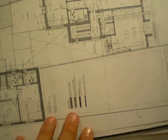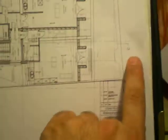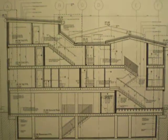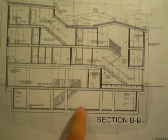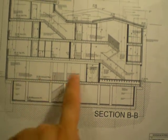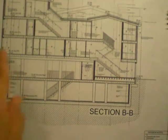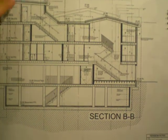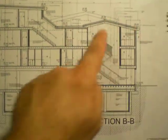As you noticed, we have sections AA, BB, CC, DD, EE. We have four very complicated sections. I'll just show you quickly the sections to show you how complicated and how interesting. Here we have the basement where we have the storage for Ruby handbags, and here we have the ground floor where the shops are, and here we have the apartments. So we used as well zip roofs and